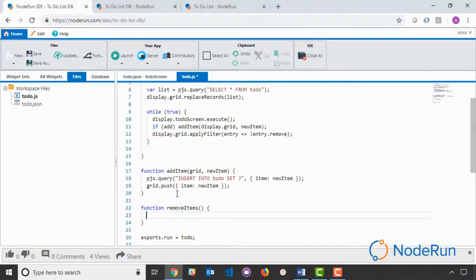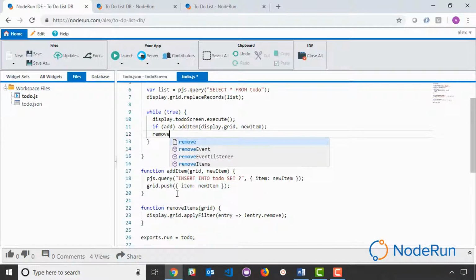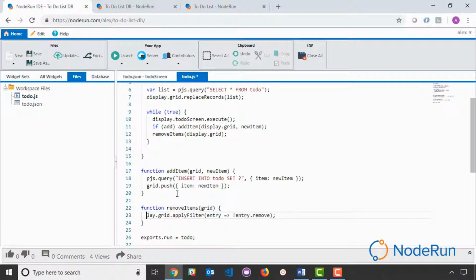So we're going to accept a parameter called grid. This allows us to move this statement into the function, and we'll go ahead and call removeItems, pass in display.grid, and then come down here and take out the display. So at this point, we've reorganized the code so that the removal happens in a separate function,